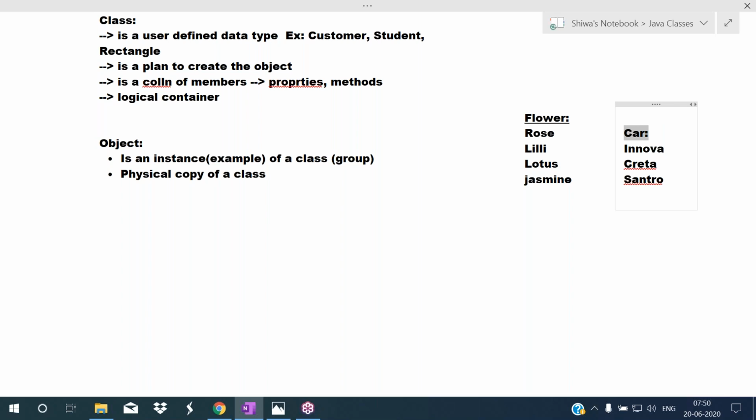Car is a group, a classification. This car is the concept, and based on that concept, they created all these objects. So an object is an example of a particular group, and it is physically existing. It is a physical copy of the class.